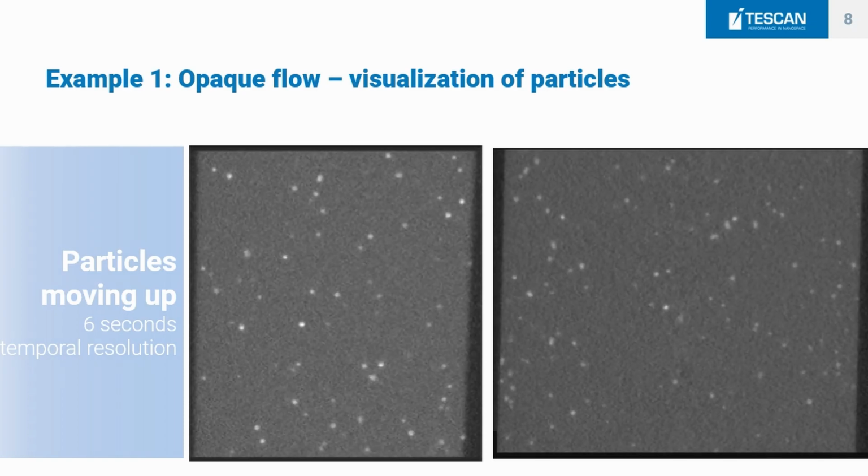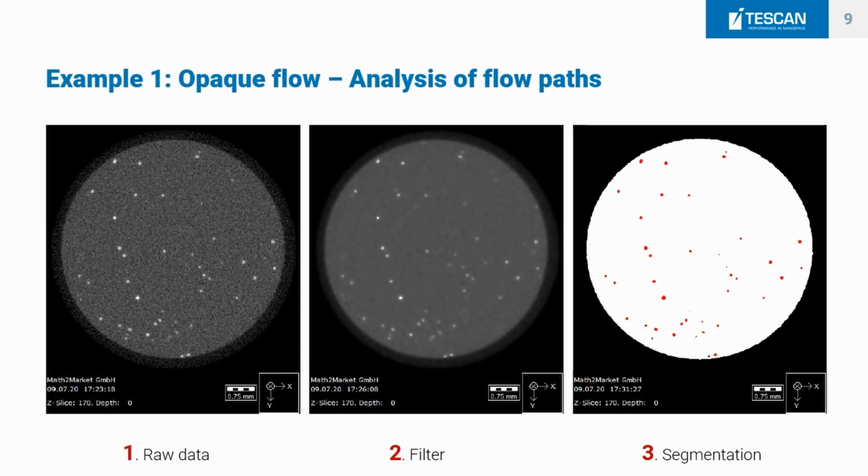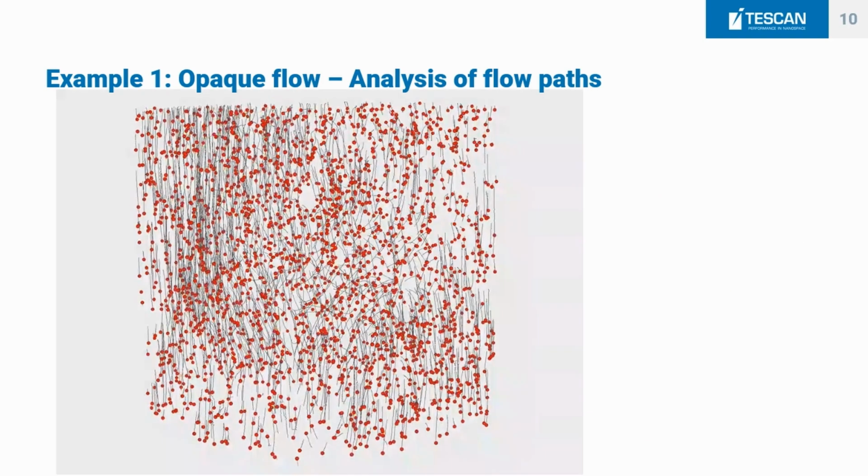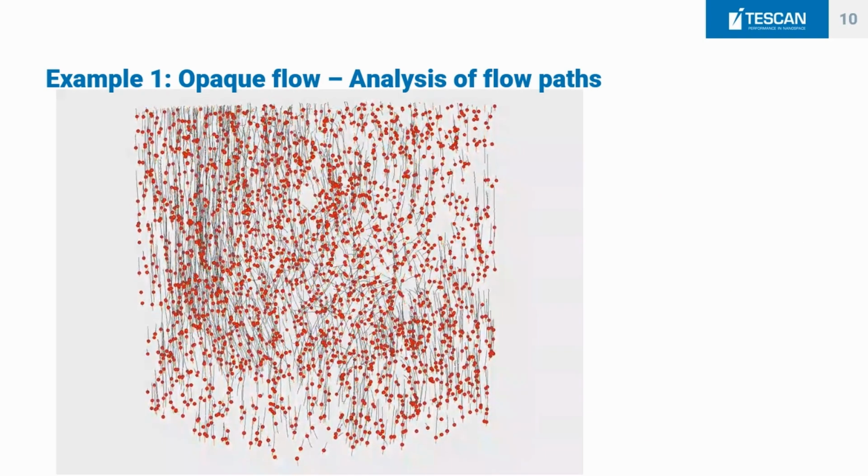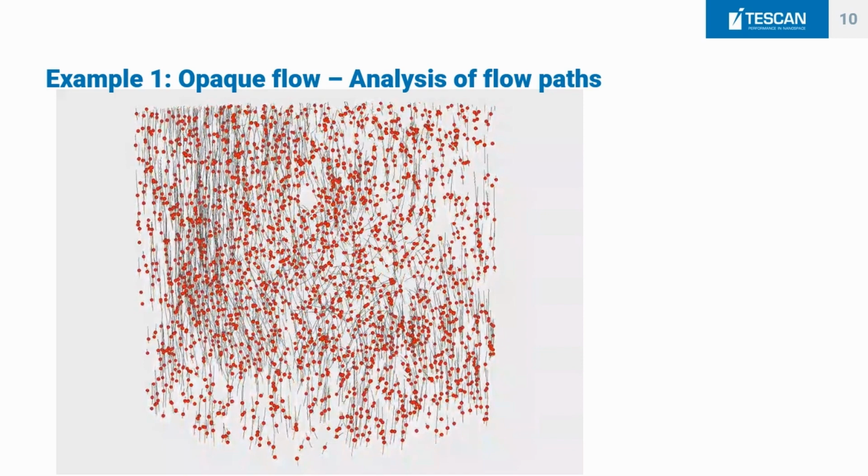So we imported the data sets in GeoDict. The raw data was filtered by, if I'm not mistaken, a non-local means filter, and that allowed for the segmentation of all the particles. Then these particles were analyzed. After the segmentation, for each time